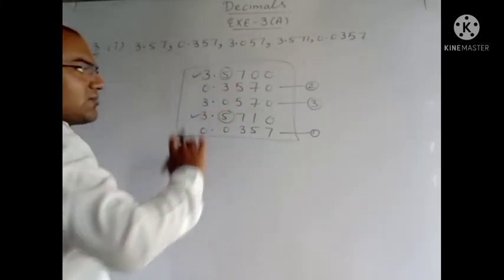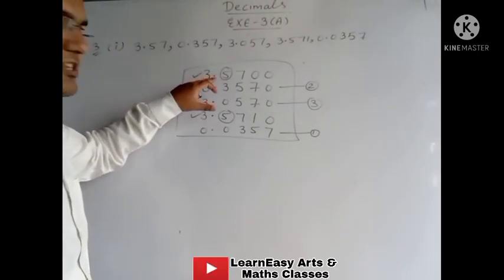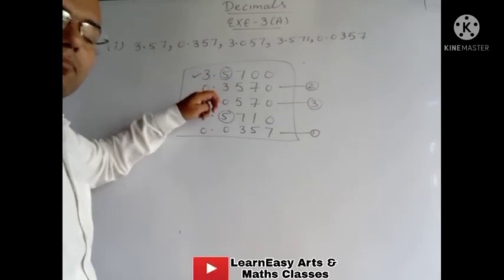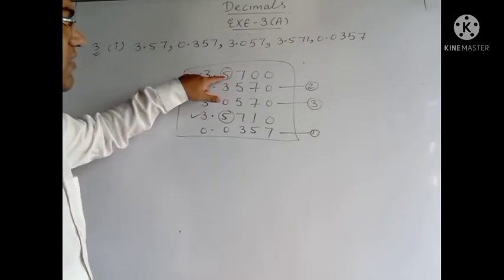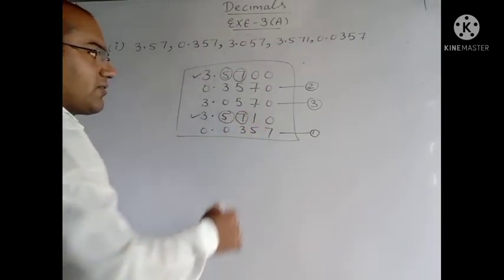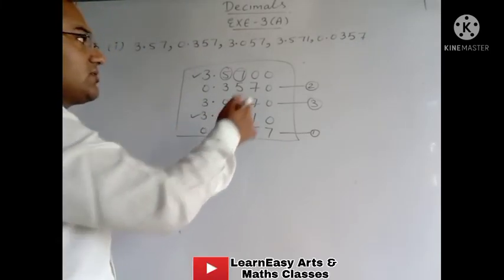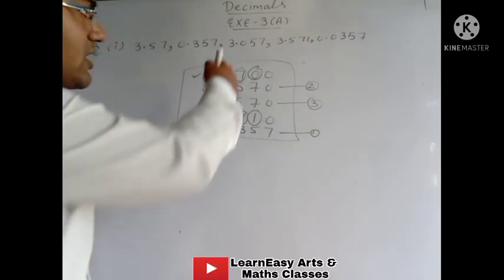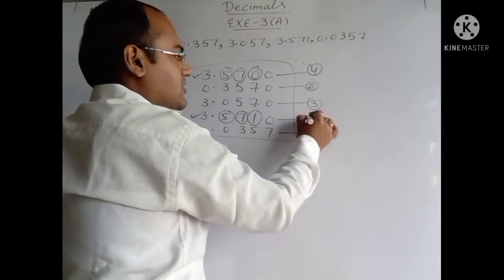Now 2 numbers are remaining, and in these 2 numbers you will observe that on the first place of the decimal, on the right side of the decimal, both have the same number. So what we will do in such a case, we will move to the next digit. What is the next digit after 5? Here it is 7. In the next number after 5 it is 7. Again these two are the same. So what we will do? We will move to the next digit further. Now the next digit is 0 and here the next digit is 1. Now which one is smaller among these two? Among these two this one is smaller. So this is the 4th number and this is the 5th number.